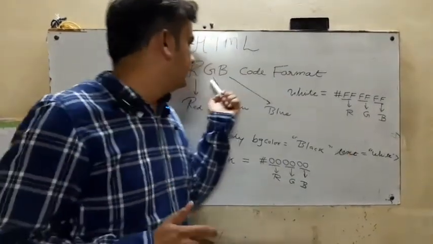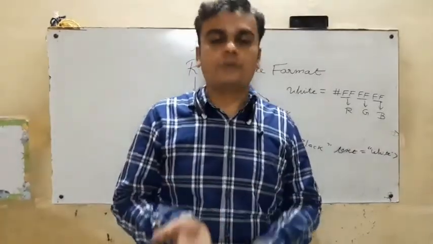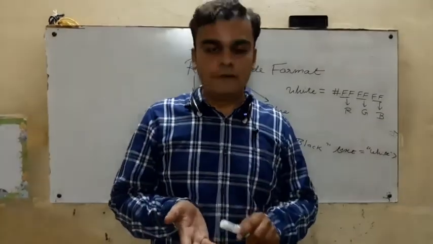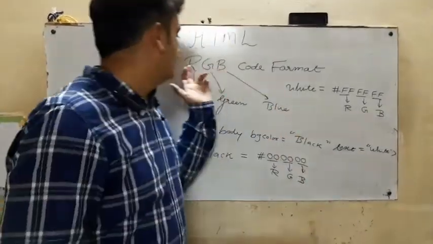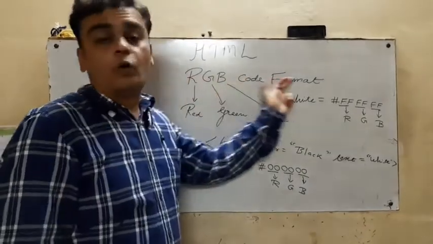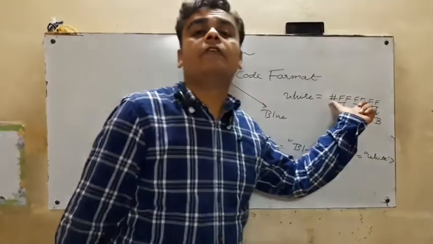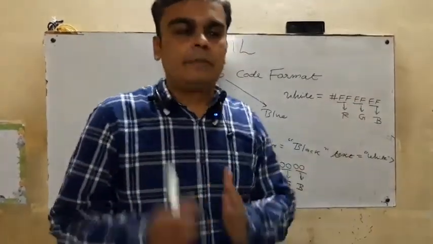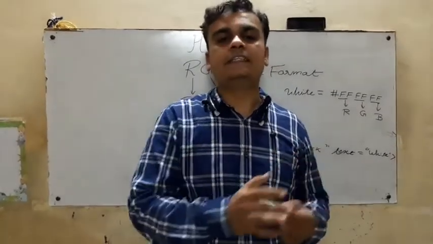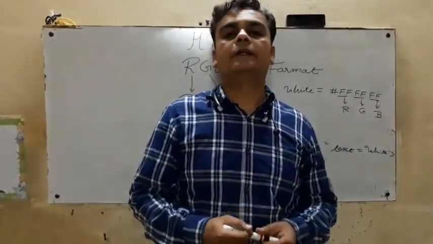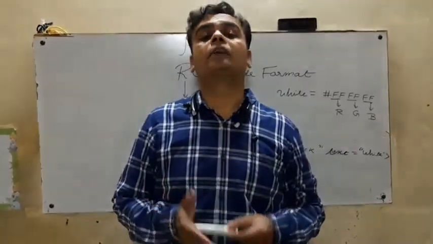So guys, in today's session we have discussed the inclusion of audio files and video files, with and without controls, and then the next concept, the RGB code format. So we can use directly the name of the color or its equivalent hexadecimal value. Practicals are also uploaded in this video, so I request you to kindly watch this video and also perform them at home. In the next video we are going to discuss the study of ordered lists and unordered lists.